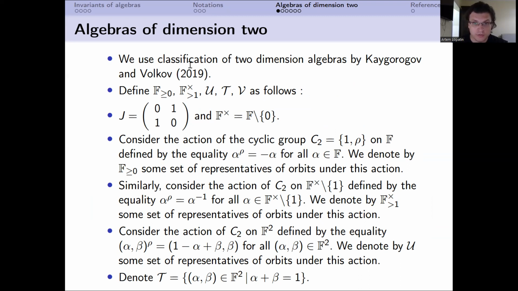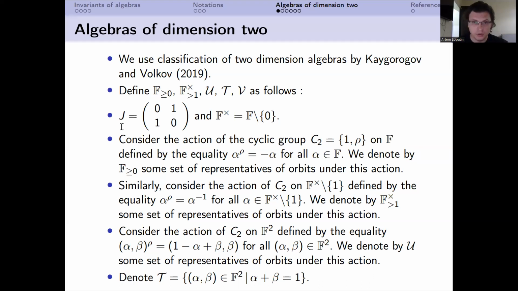These algebras were classified by Ivan Kaygorodov and Yuri Volkov in 2019, while actually there were some other classifications, so it's quite an interesting question to compare some of these classifications, but this classification by Kaygorodov and Volkov seems to be more complete. Its classification is given in terms of tables of multiplications of elements in algebras. It's exactly what I need, and it also has a classification of the group of automorphisms, which is also what we need here.